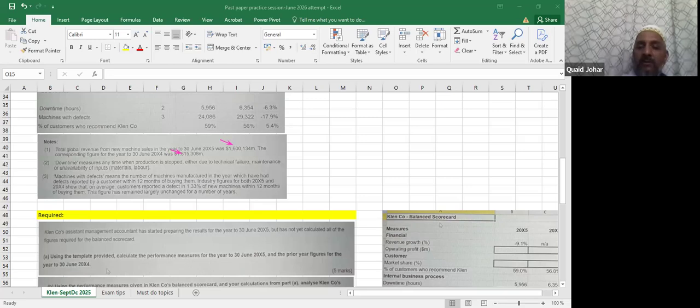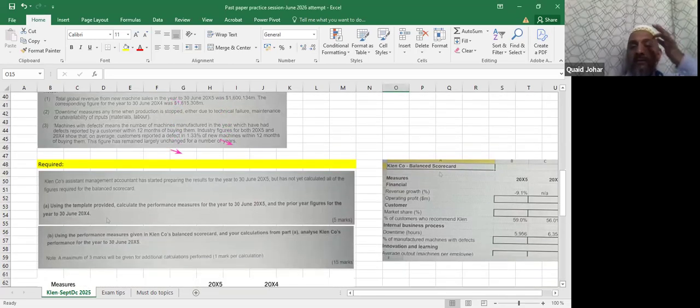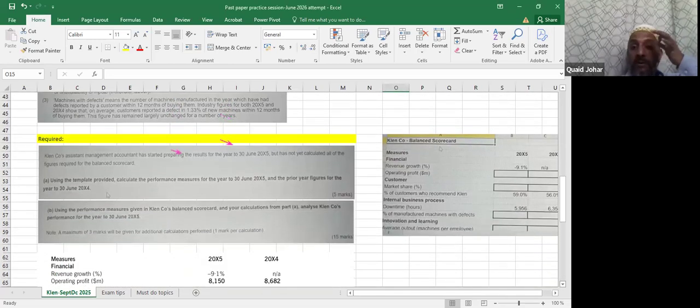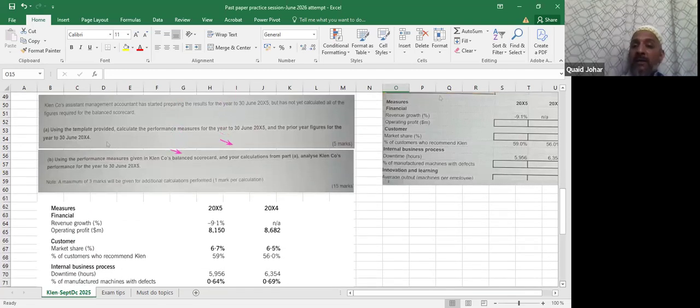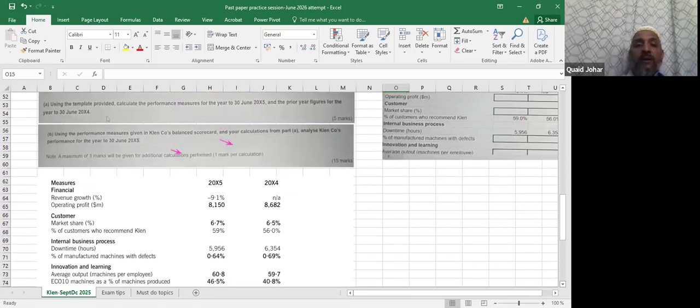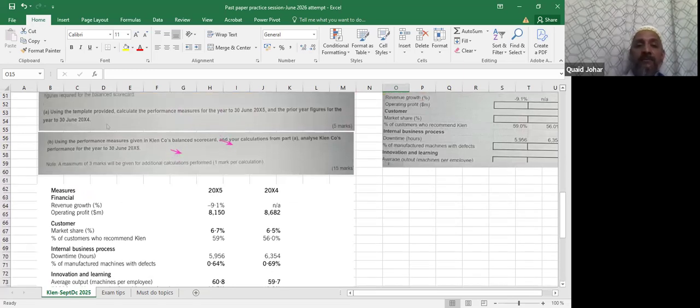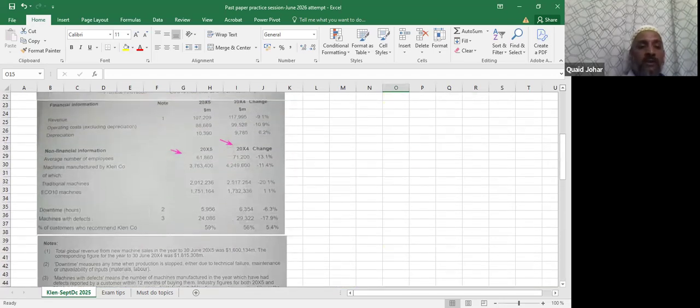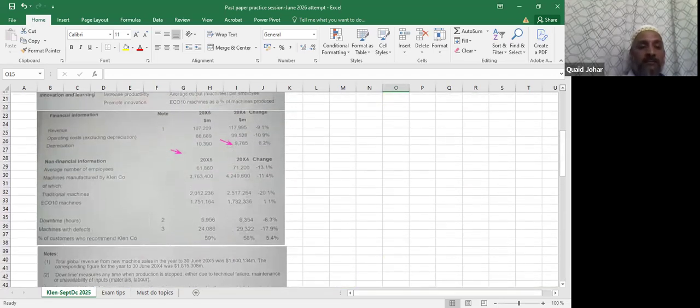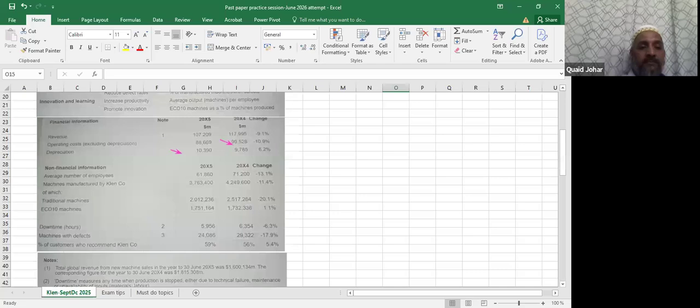Okay, now market share आ गया आपके पास, operating profit आ गया। इसके बाद downtime hours given है, percentage of manufactured machines with defects, ये कैसे निकालेंगे? उसके लिए हम data use कर लेते हैं। यहाँ total machines देखें उन्होंने कितनी बनाई हैं और defected machines कितनी हैं, ये pick कर लें पहले।